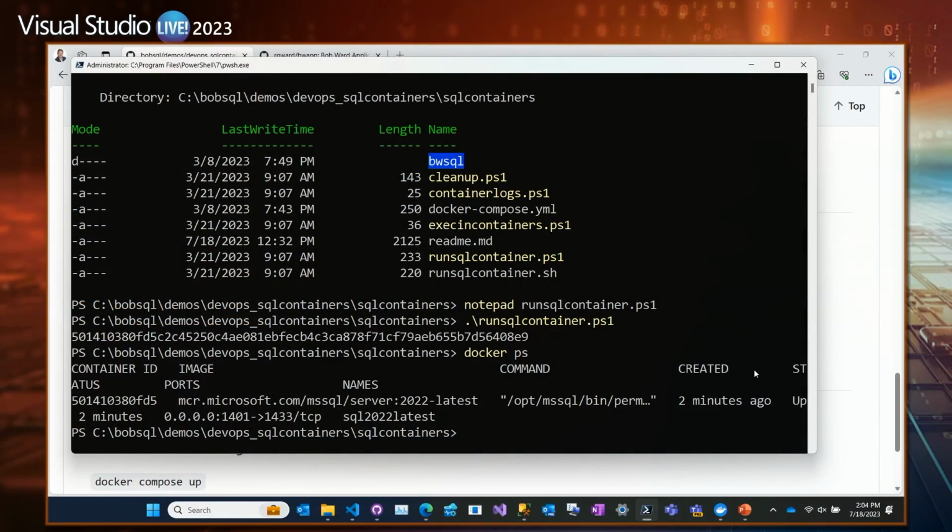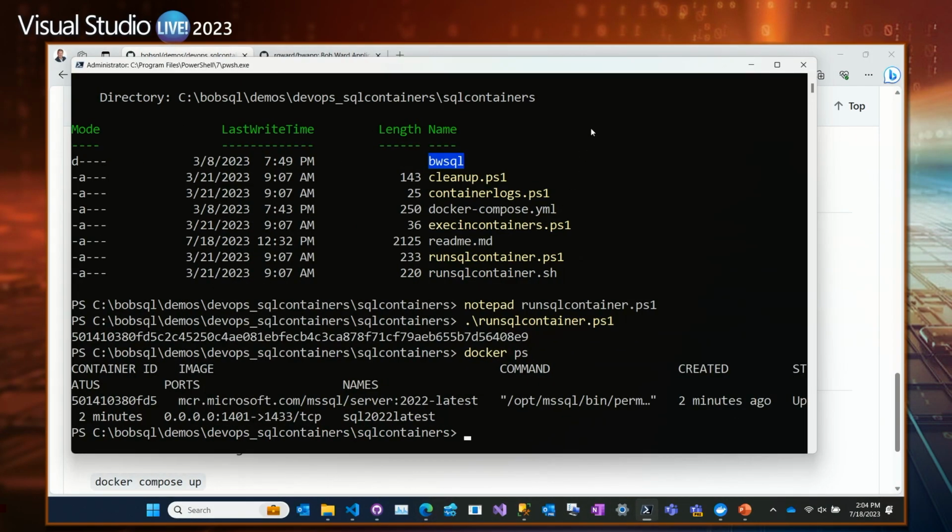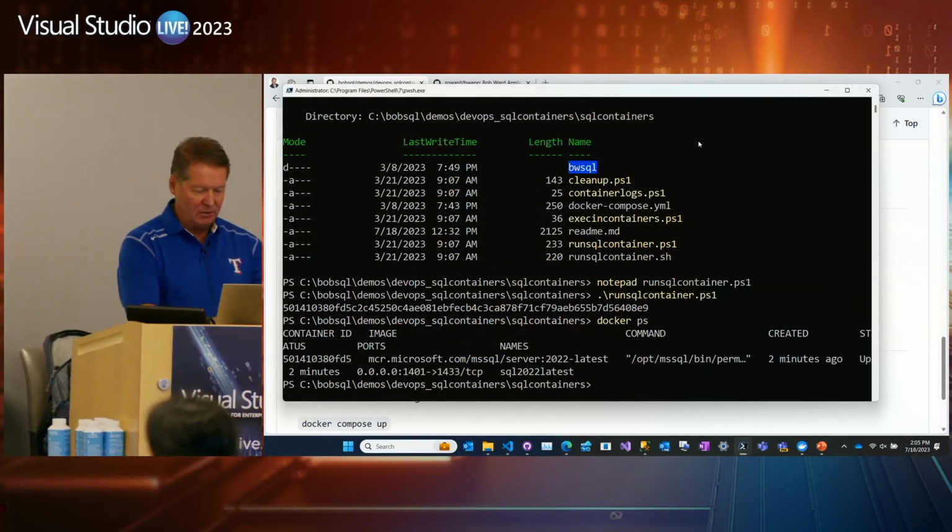And you can see this is the one that I actually started with SQL Server there as well. I could do something even more interesting. I told you you can actually run something in a container. Like I'd like to go run and look at the error log in my container. So this command here,